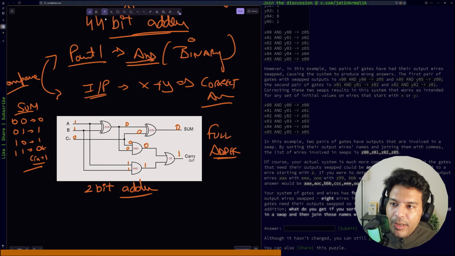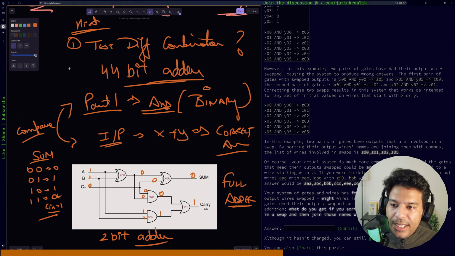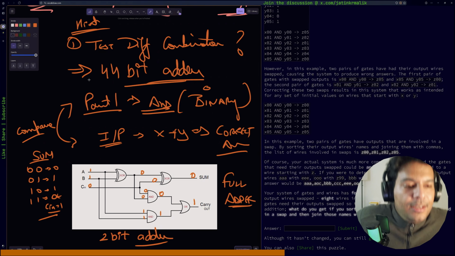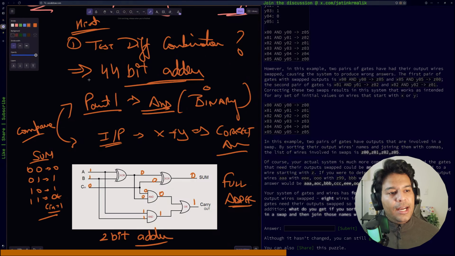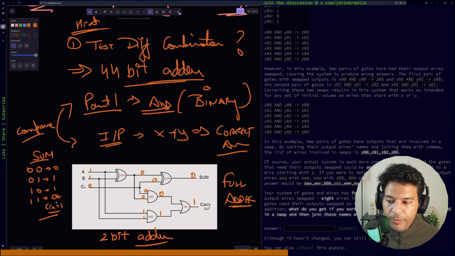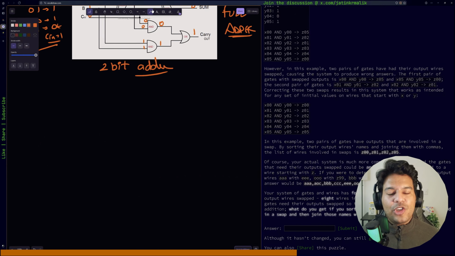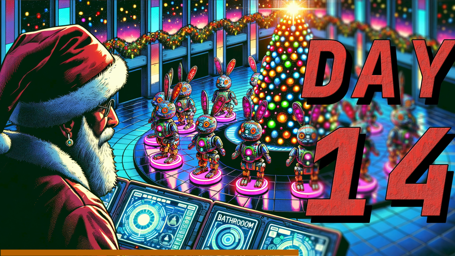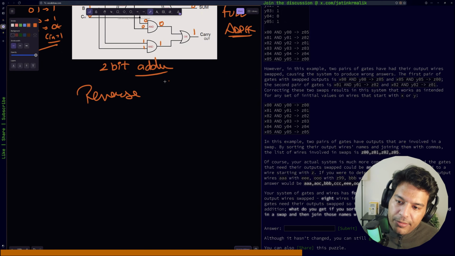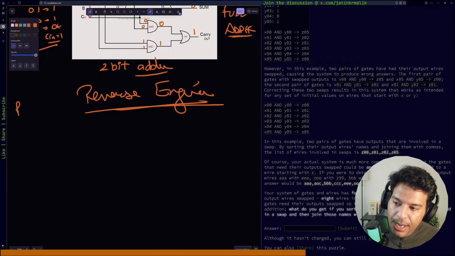Now we looked at our question, and the puzzle input states that this is a 44-bit adder. Since the core functionality of the circuit is binary addition, and now we know how binary addition works, by comparing these two values, where our part one answer and the actual answer differ, I think this is one of those days where we generated, remember that Christmas image within the chaos. But here I'm thinking I'm going to do some kind of reverse engineering, because when we compare our part one